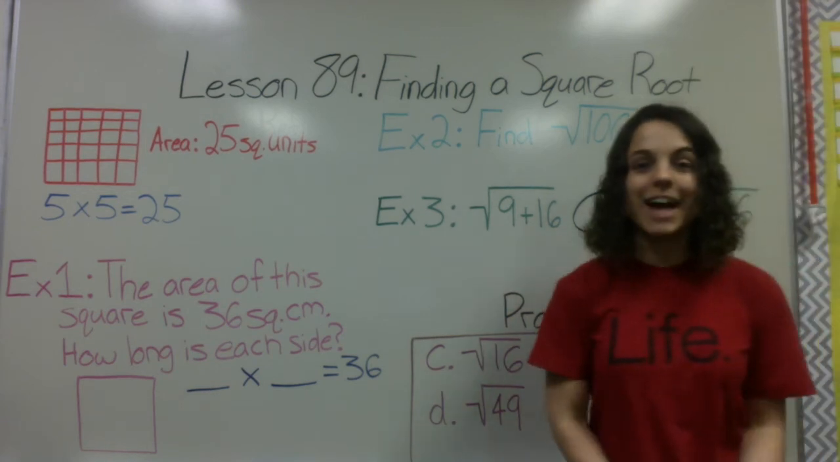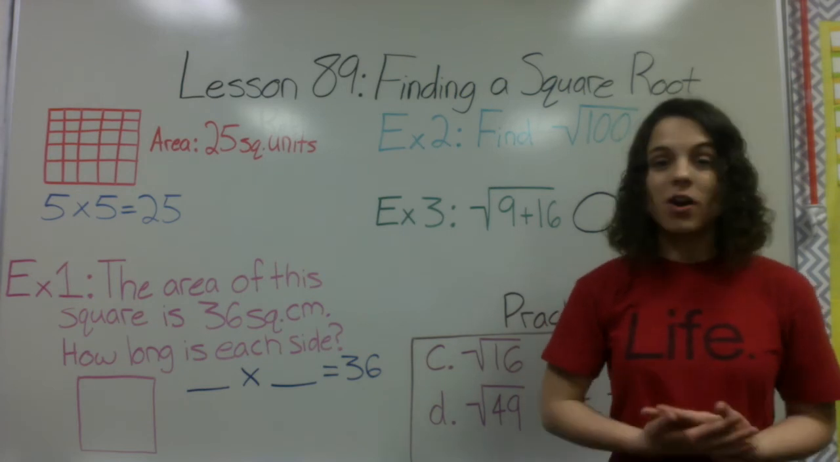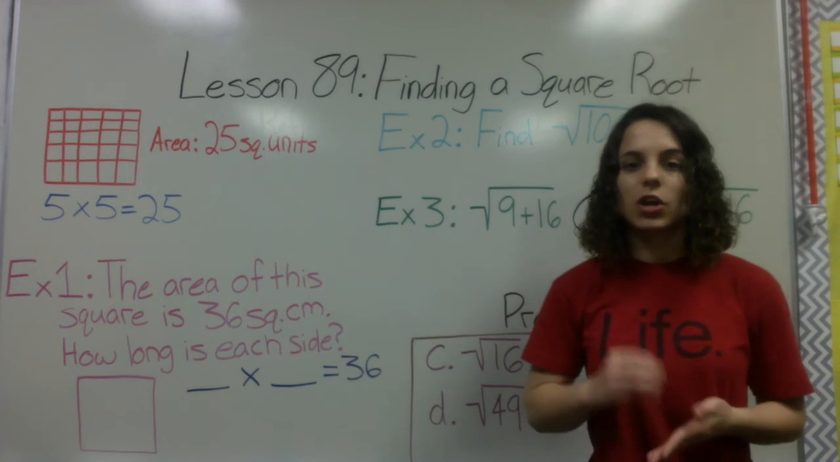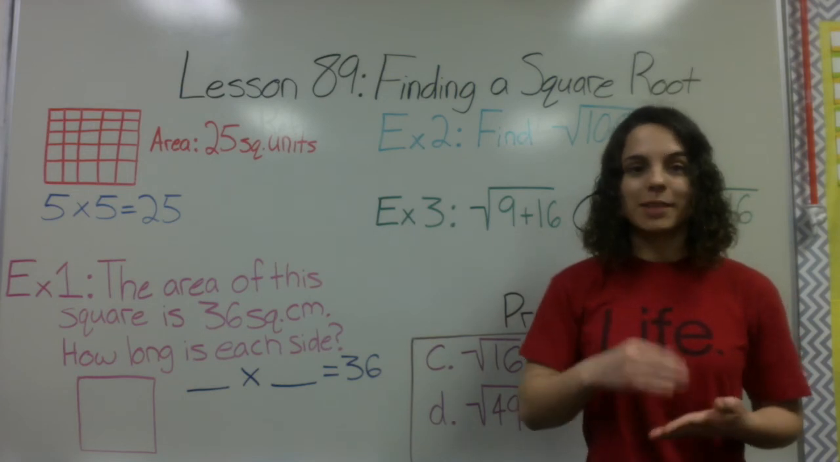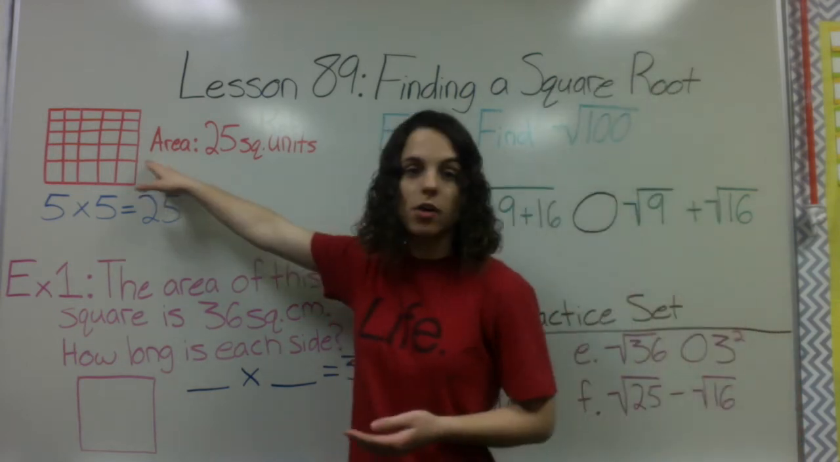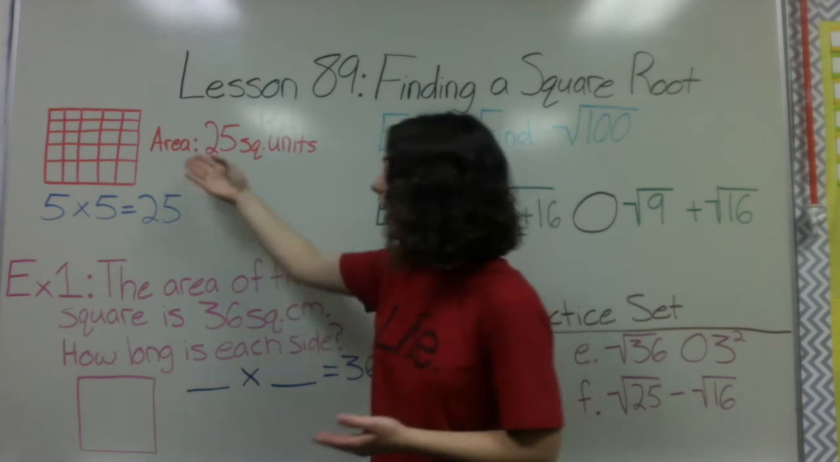Welcome to lesson 89. This is called finding the square root. Now this is a pretty simple concept. If you know your multiplication, you just have to follow the rules as far as knowing what steps to do first. Now whenever I have a square with an area of 25, I know when I find the area, I'm